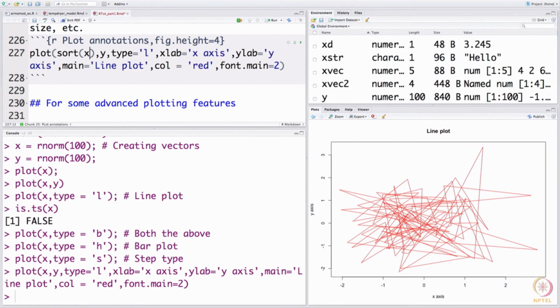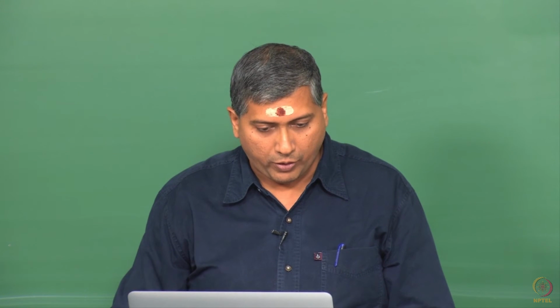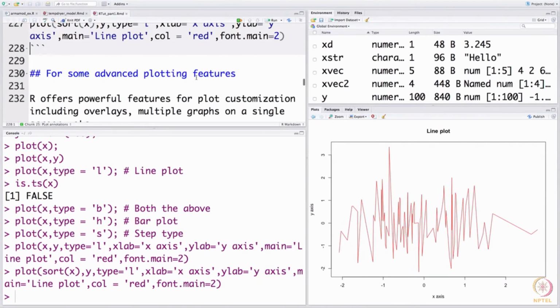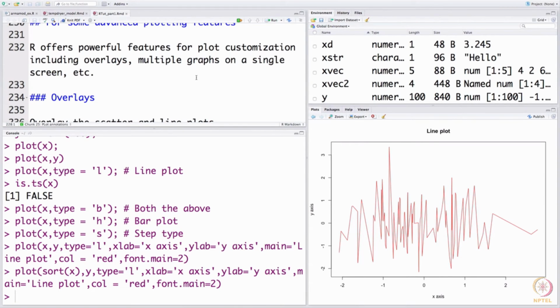So, let us change this to an ordered one, so that x is arranged in a particular manner, and now how do you expect the plot to look like? Now, it looks like a nice plot. Otherwise, what it was doing is just connecting back and forth, because x did not have a sorted version of the elements. So, hopefully, you understood that point. All right, and now as I said, this is the last part where I show you how to overlay and also split the screen.